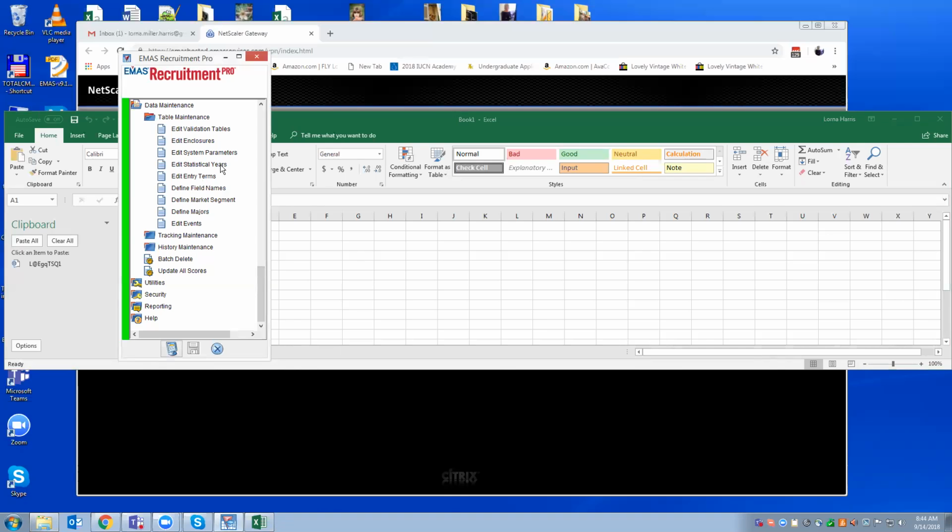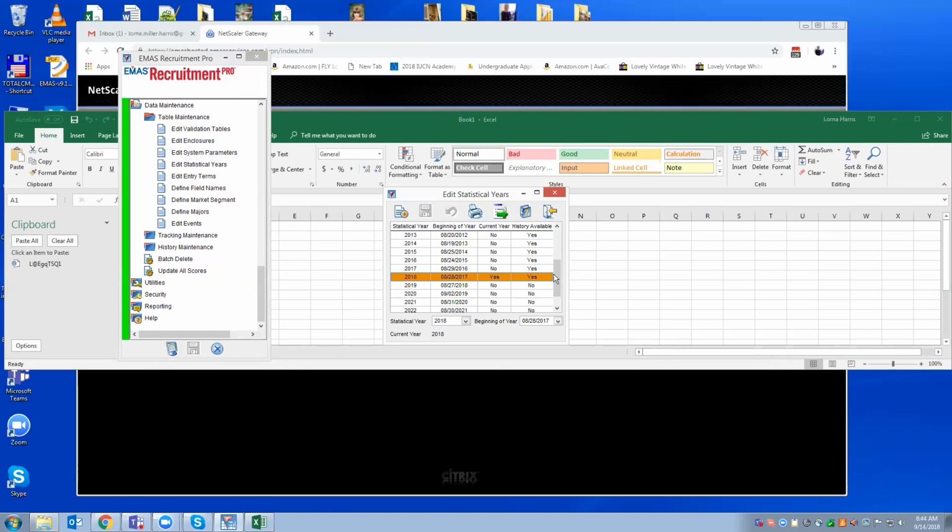And okay, the one thing I didn't mention was that you should probably come into this edit statistical years listing and think about adding a new statistical year in here. The program is pretty friendly. It's really just going to let you choose between two dates in here, so it's not going to let you get out of sync with the other ones. Depending upon whether it's a 52-week year or a 53-week year, you're going to select the date accordingly. Okay?